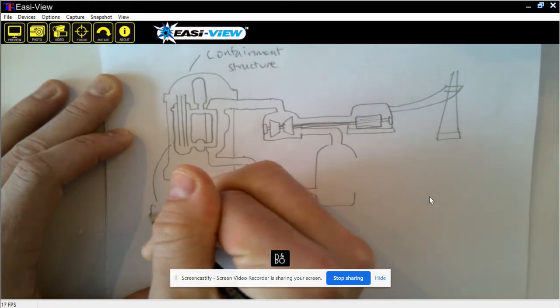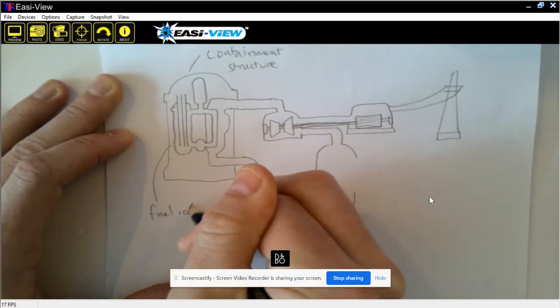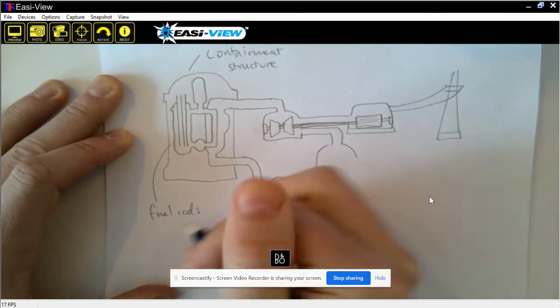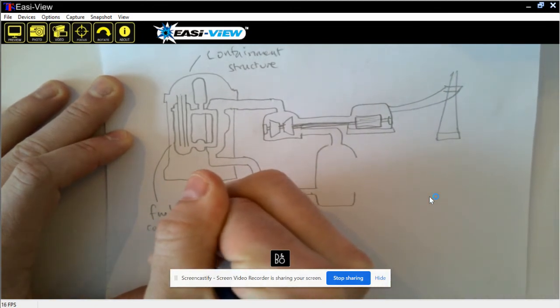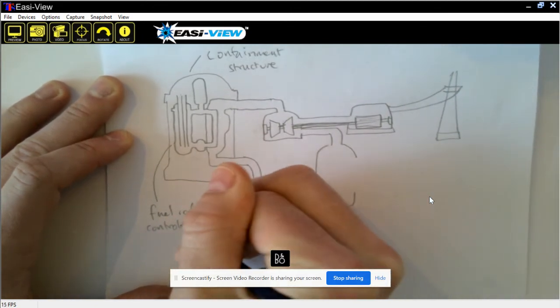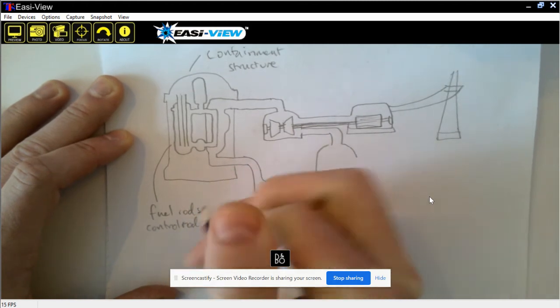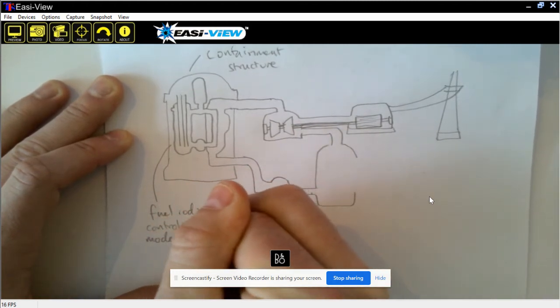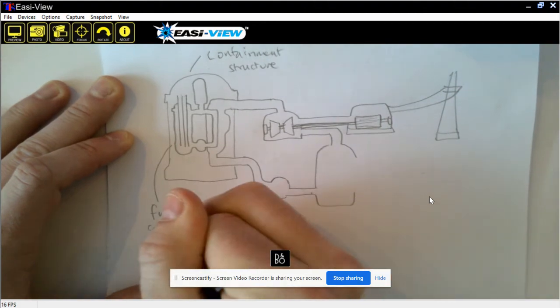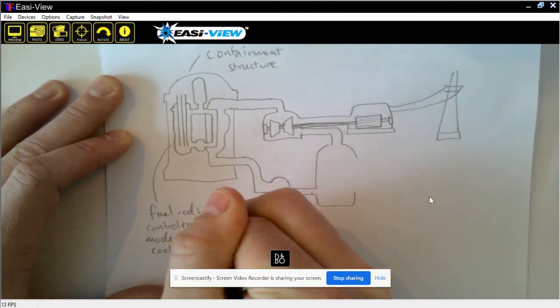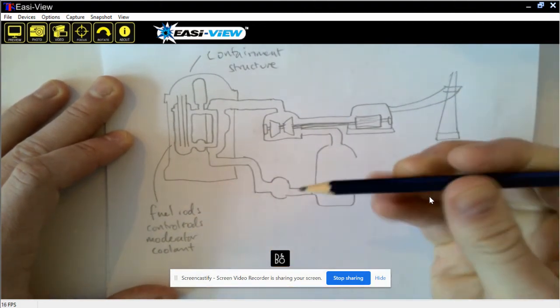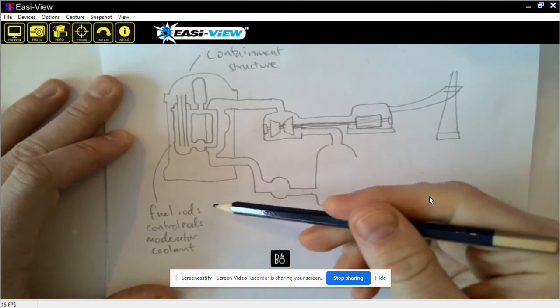There are the fuel rods, which will usually contain the uranium fuel. There are control rods, which I'll explain in a second. There will be the moderator, which again I'll explain in a second, and there will be some coolant. Okay, so the fuel rods, fairly self-explanatory. The fuel rods contain the